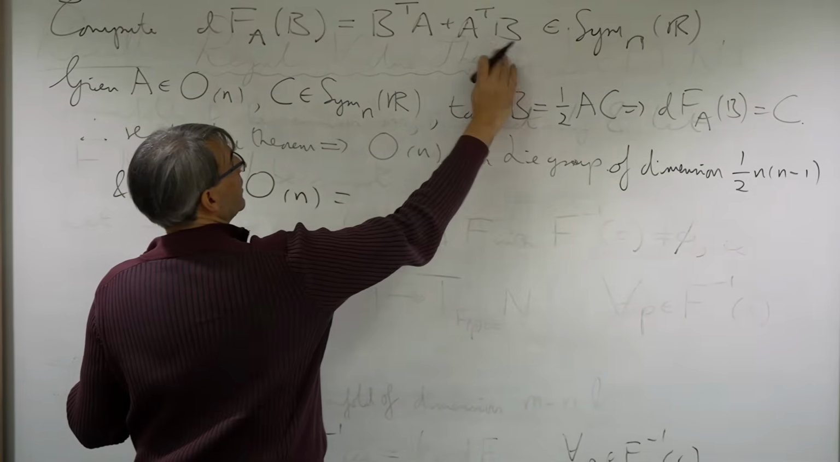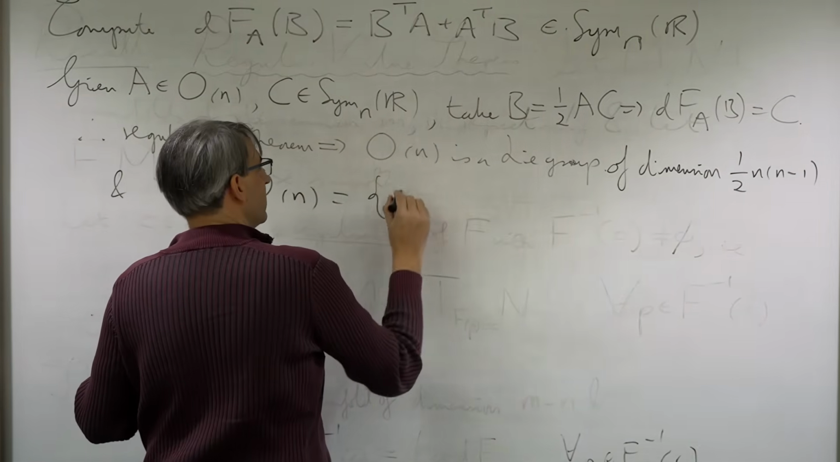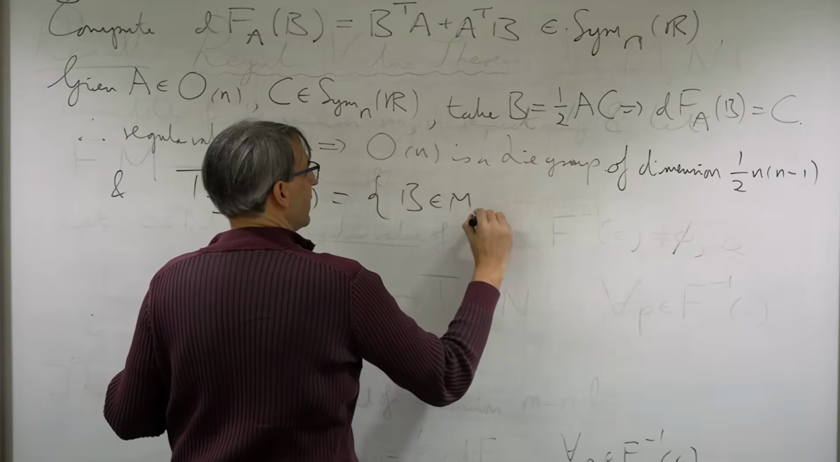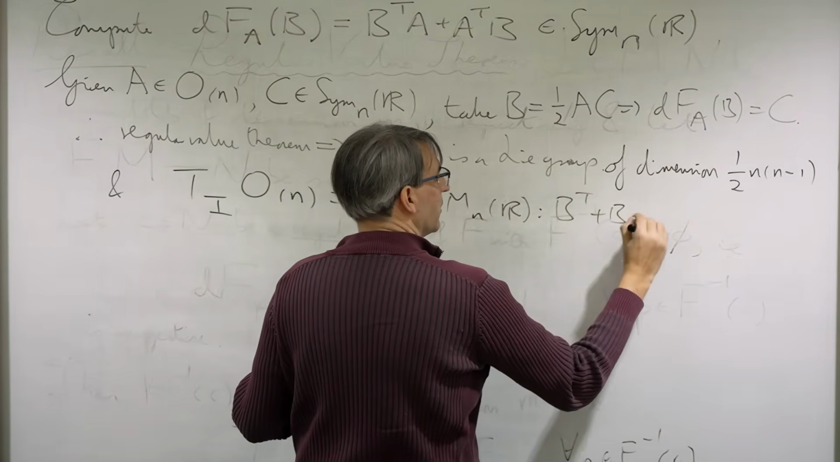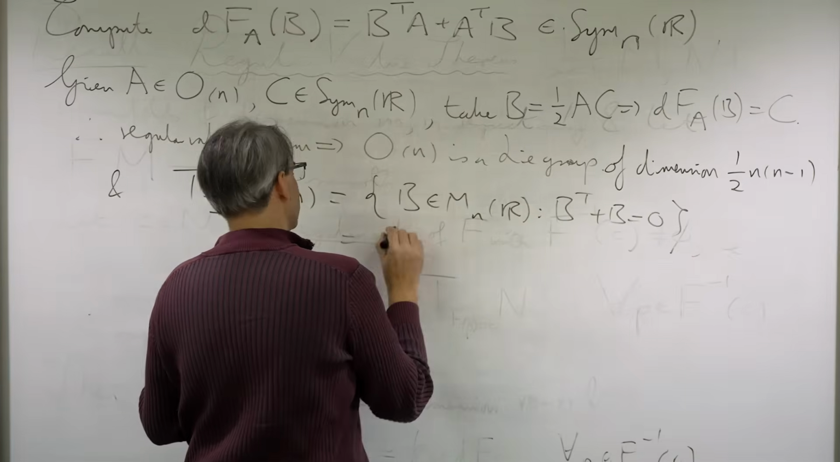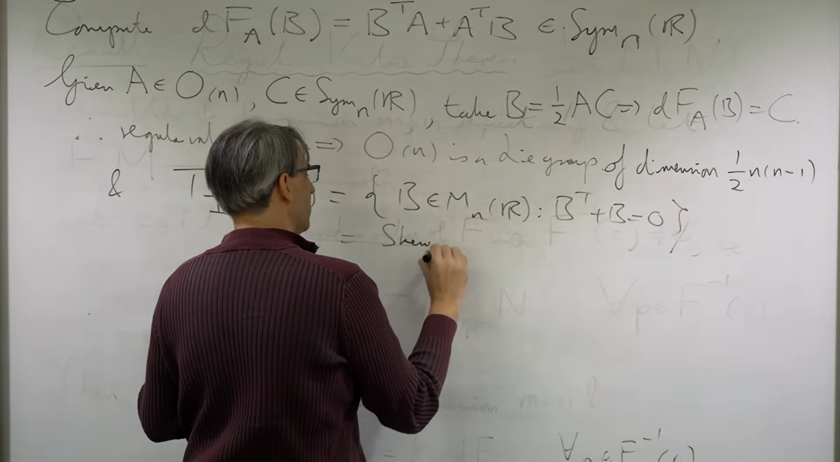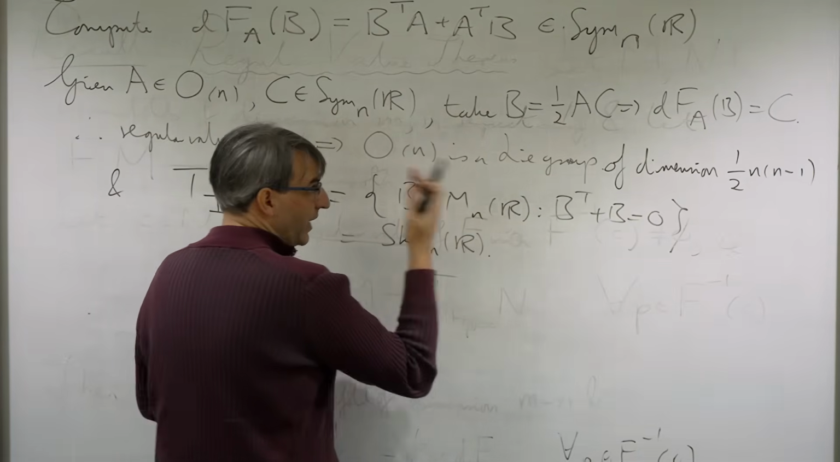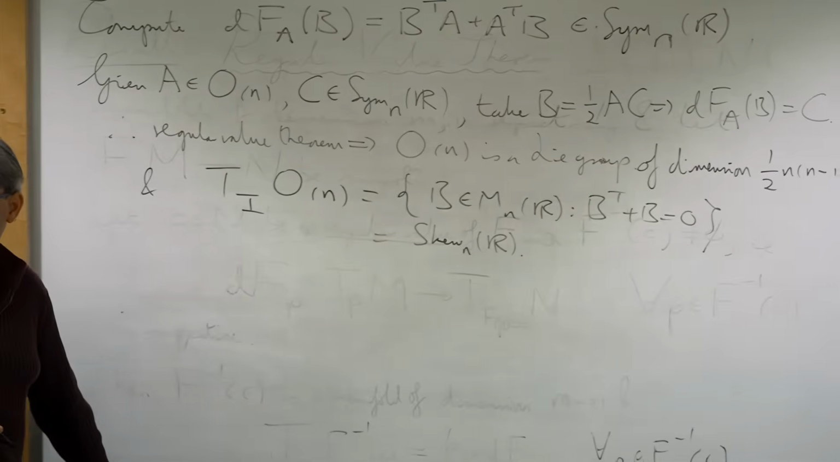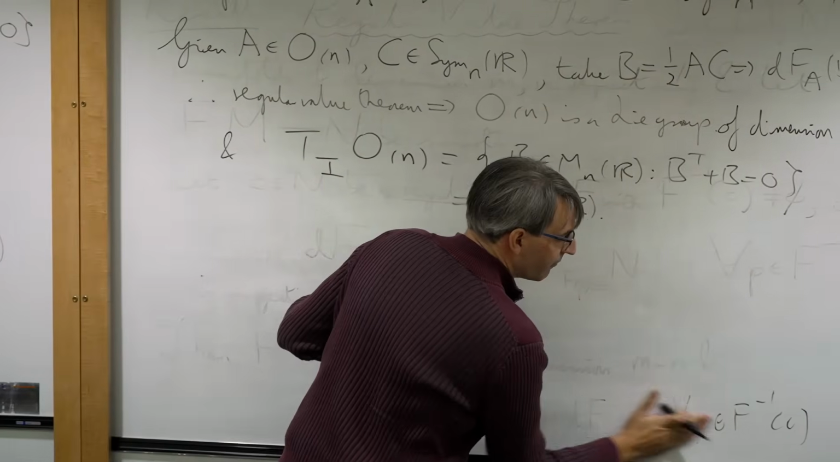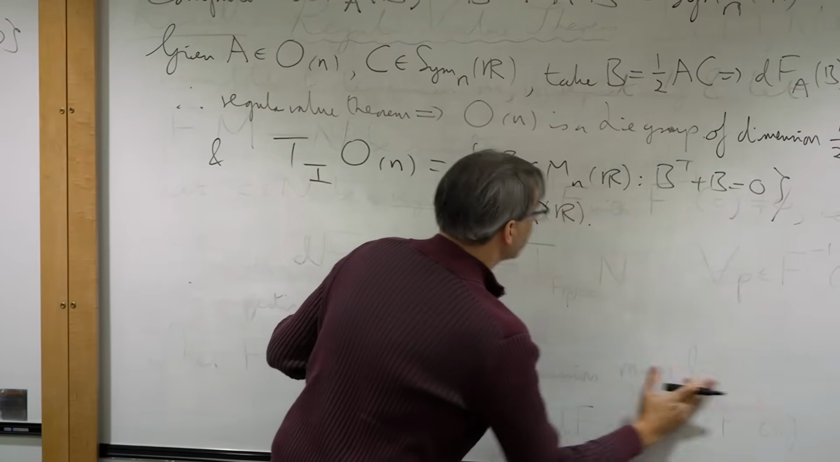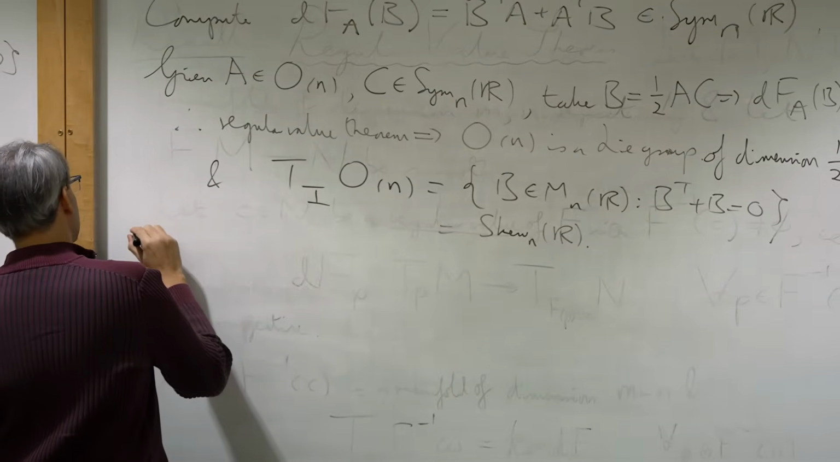Well, it's the kernel of this where I put A to be the identity. So it's the B in M_n(R) such that B transpose plus B is equal to 0. So that's the skew-symmetric n by n matrices. And we can check that, of course, that has the right dimension, n choose 2. So that's great. Now, what we get for free is the following. Note, so then